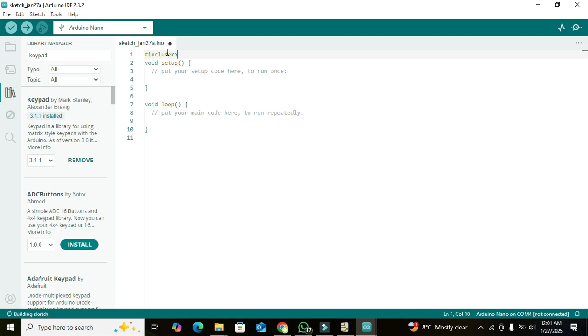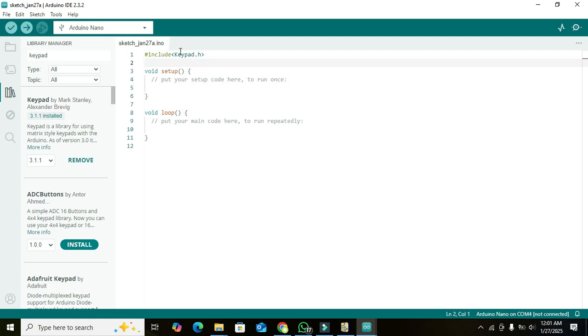After this has been done, we will write include keypad.h. Now we have imported this library because it is our main library, so without it we cannot even call any function. So you have to import this library. Then we will declare one variable